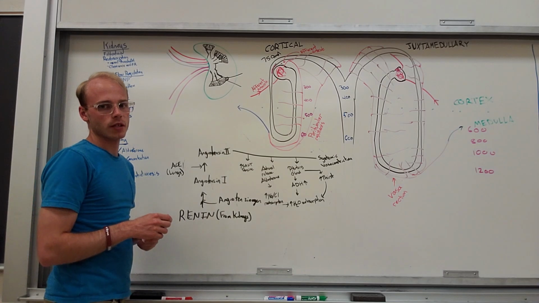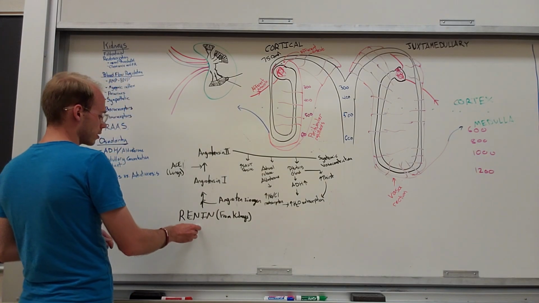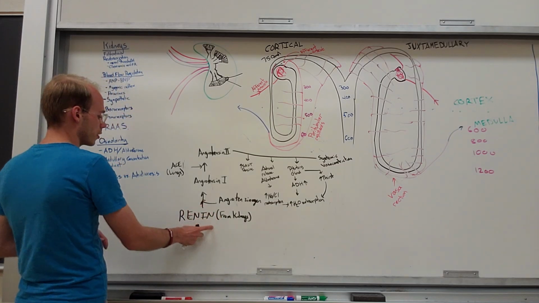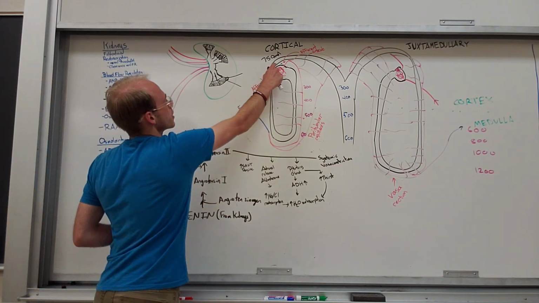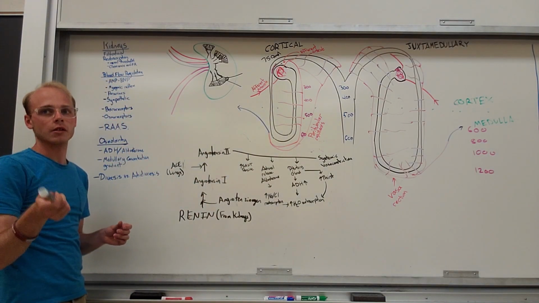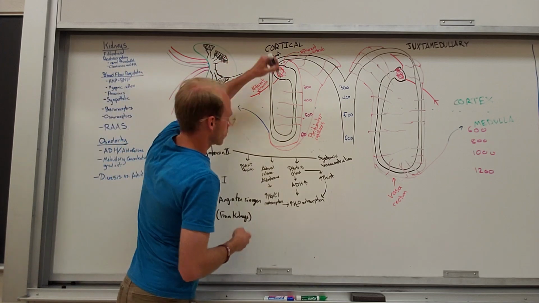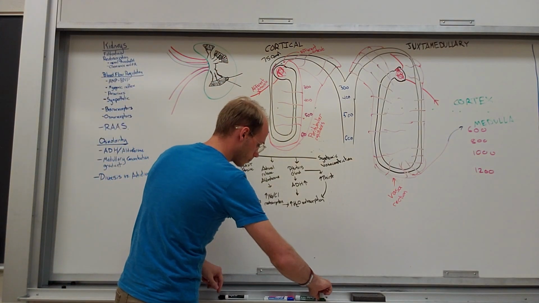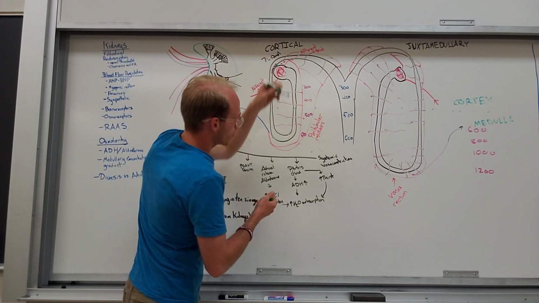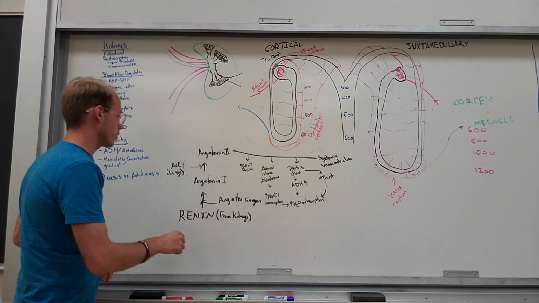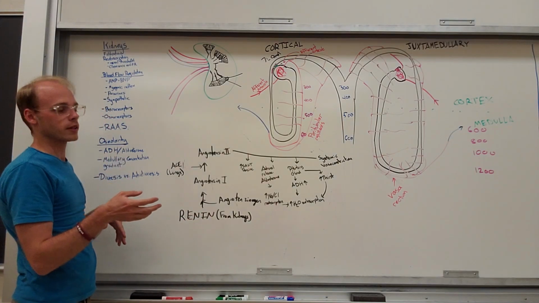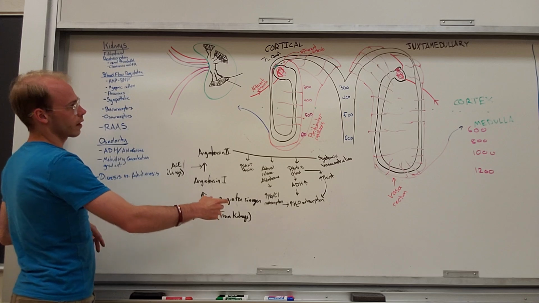There's a lot. So, in response to low blood pressure, your kidneys have cells here that are called juxtaglomerular cells. Hold on, let me use a different color. Here, we're going to be little green guys, so we're going to be right there. And they release renin, or renin, depending on how you pronounce it. Renin will enter the blood,